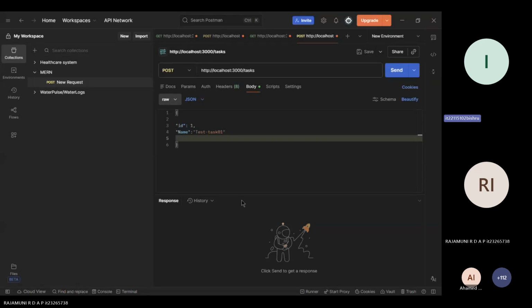As I've already mentioned, we don't have a front end. So Postman here mimics the front end. So this is the data which we are gonna post, we are gonna send to the backend. So once this particular URL is triggered,